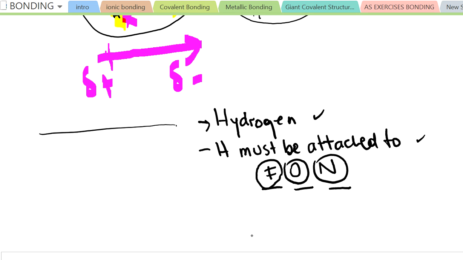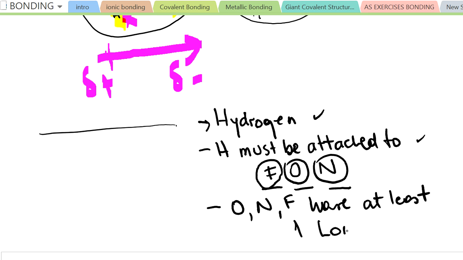In other words, if the fluorine is attached to the hydrogen, but also is attached somehow to another element through beta bonds or something like that, because it has already completed the octet, then this special dipole-dipole bond cannot be formed. So the oxygen, nitrogen, or fluorine have at least